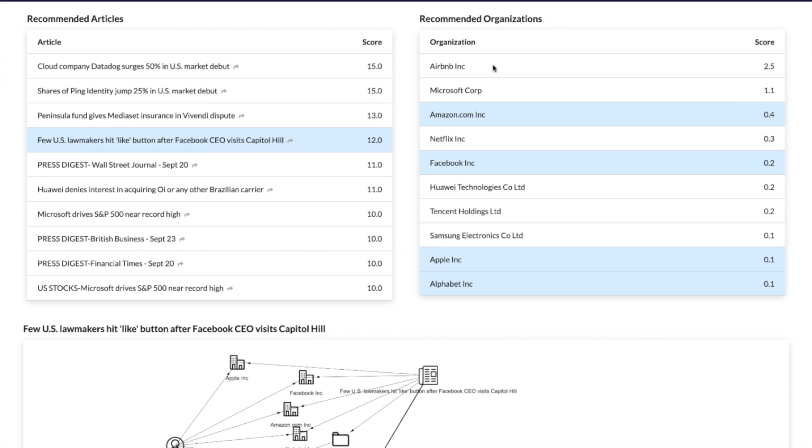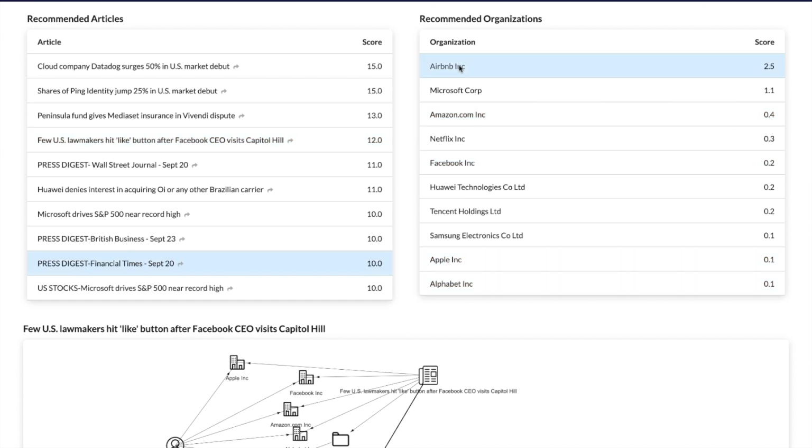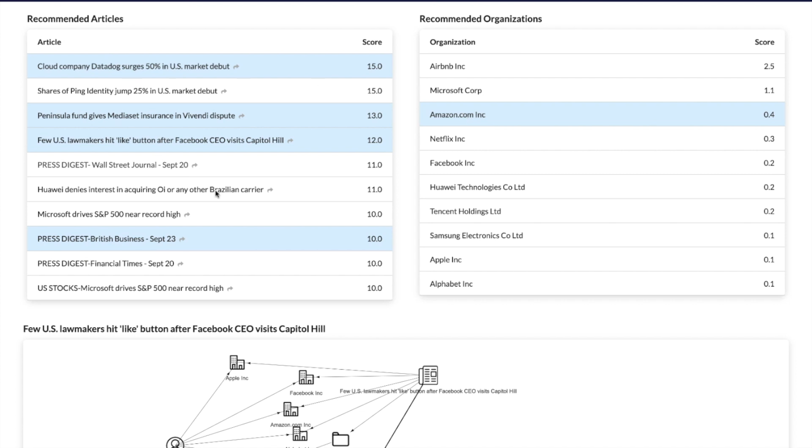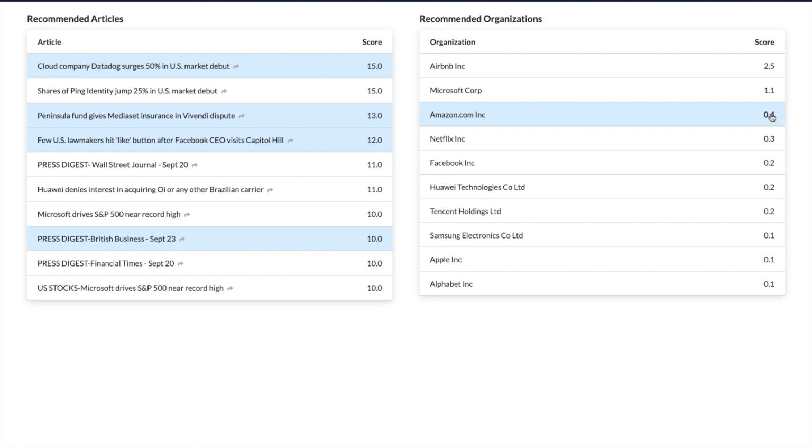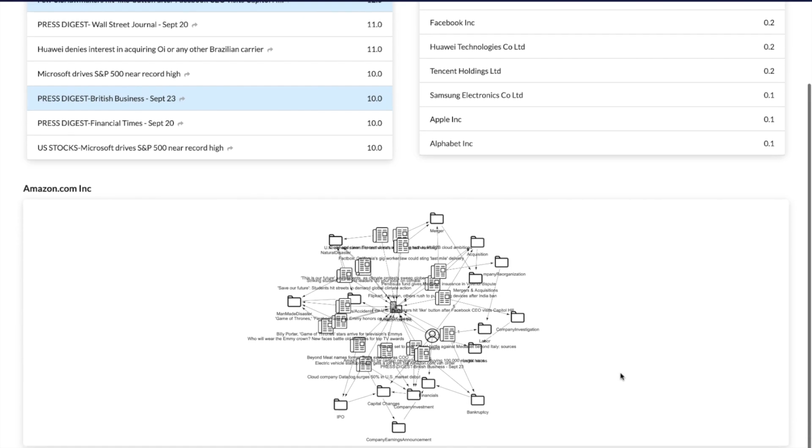But here, let's also look at it from the organization's perspective. If you look at Airbnb, we see that there is an article about that in the Financial Times. Or if you look at Amazon, there are multiple articles about Amazon here that show up in the recommended list as well. And so if we click on the explainability of the recommended organization, again, we get a pretty detailed graph of all the different articles